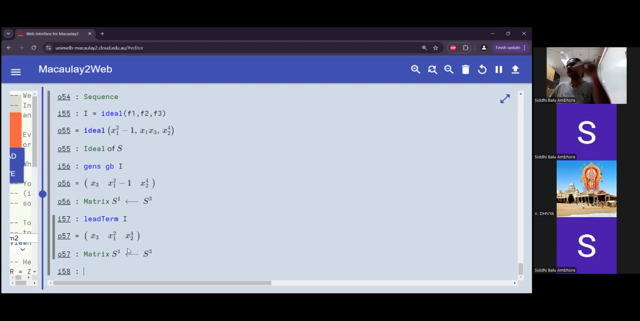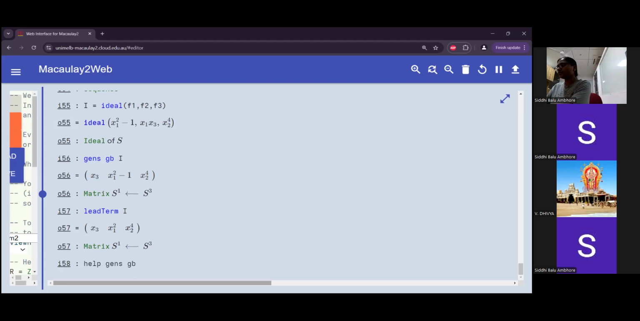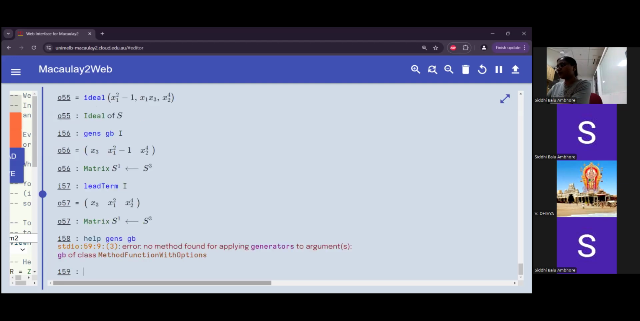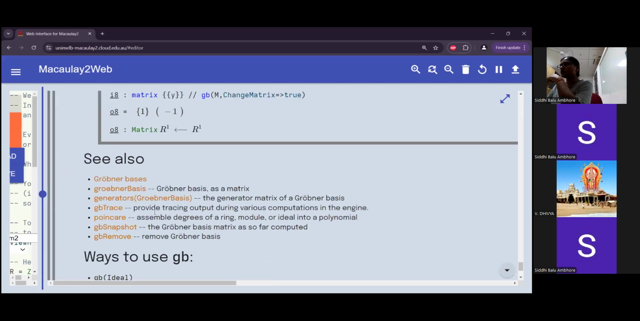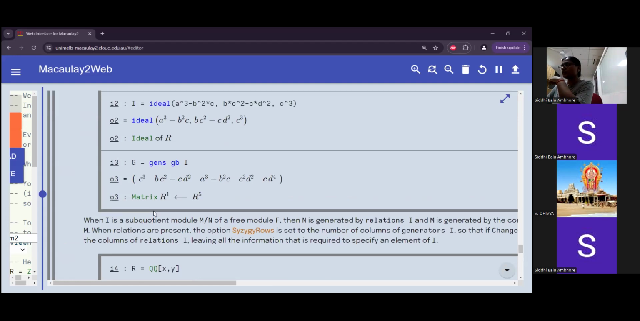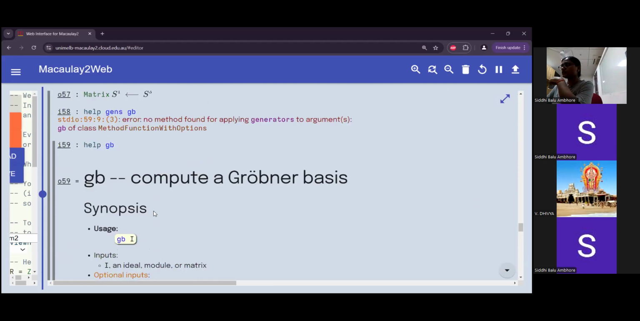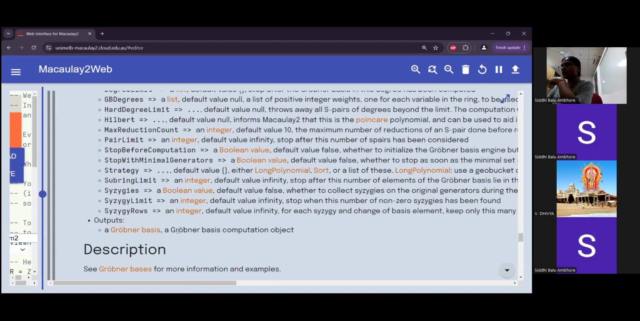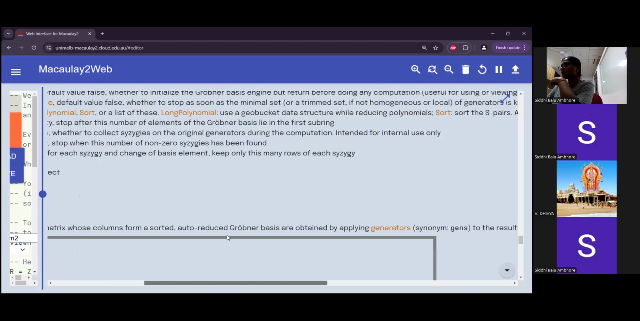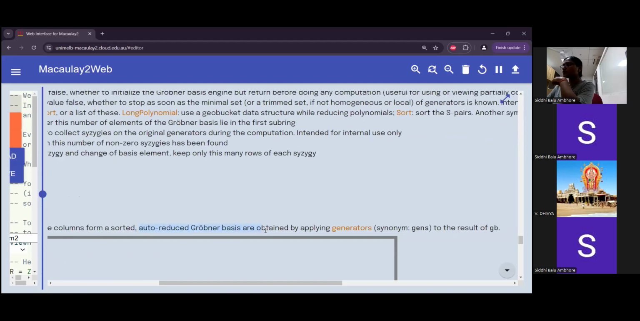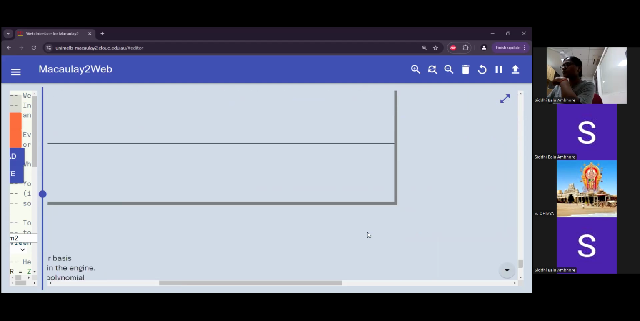So Jane's GB gave, so if I help Jane's GB, let us see. Okay, help GB. Okay, so it gives me Grosvenor basis, and let us see what it does. Input and output is Grosvenor basis computation, and it gives C. Auto reduced Grosvenor basis are obtained by applying generators. Okay, so